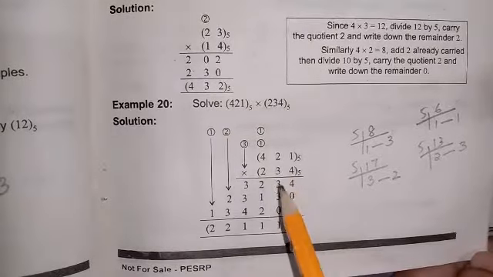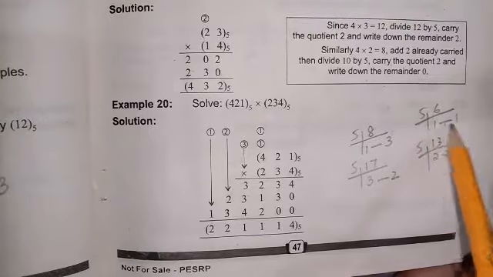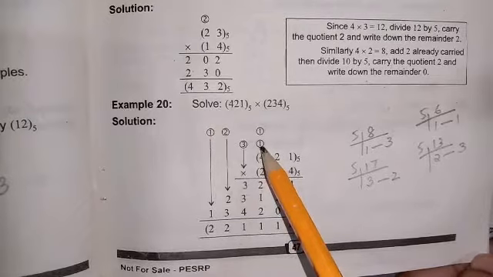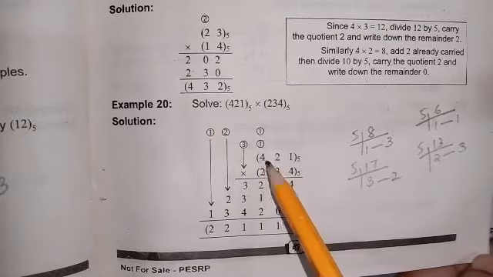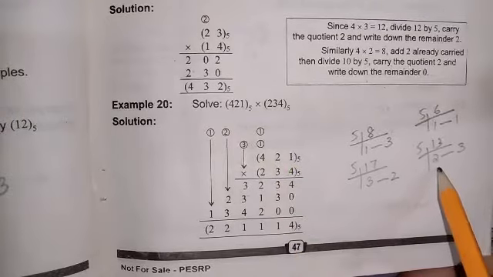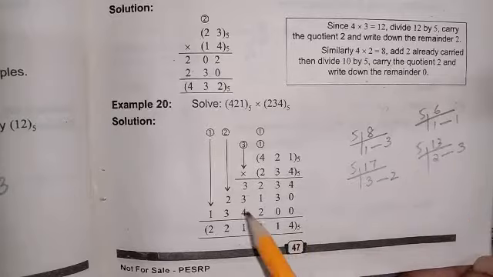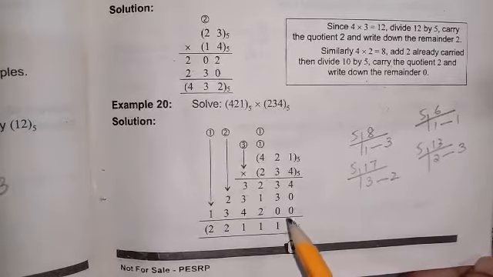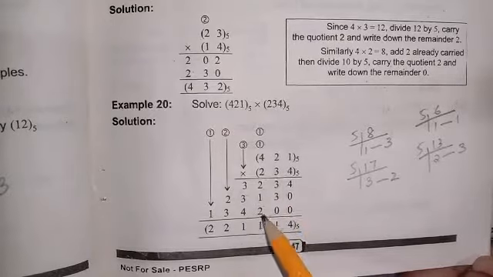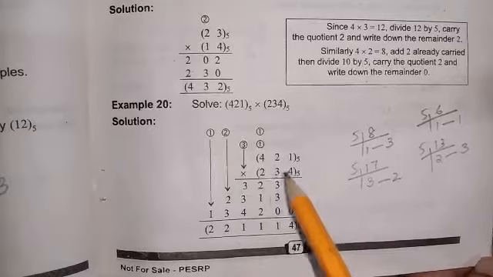3 into 2 we get 6. We cannot write 6, so we will divide it by 5. 1 is our quotient and 1 is the remainder, so we will write the remainder here and give the 1 quotient as carry to the next column. 4 threes are 12. 12 plus 1 is 13. We cannot write 13, so we will divide it. After that 3 is our remainder and 2 is our quotient, so we will write our remainder first then our quotient. Now moving towards the next digit, we will write 2 zeros here. 2 ones are 2. We will write 2 here because 2 is a digit of base 5 number system.